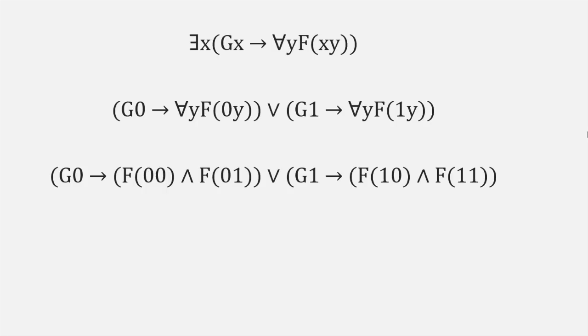So, from the first step to the second step, we don't touch the y variable. We just leave it as a universal. We leave it as a universally quantified sentence embedded within the larger sentence. And going from the second step to the third step, we're expanding within. So for all y, f0y becomes